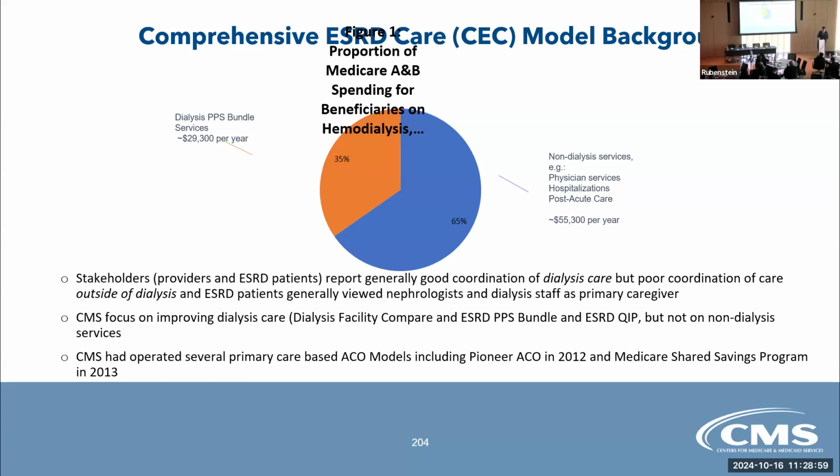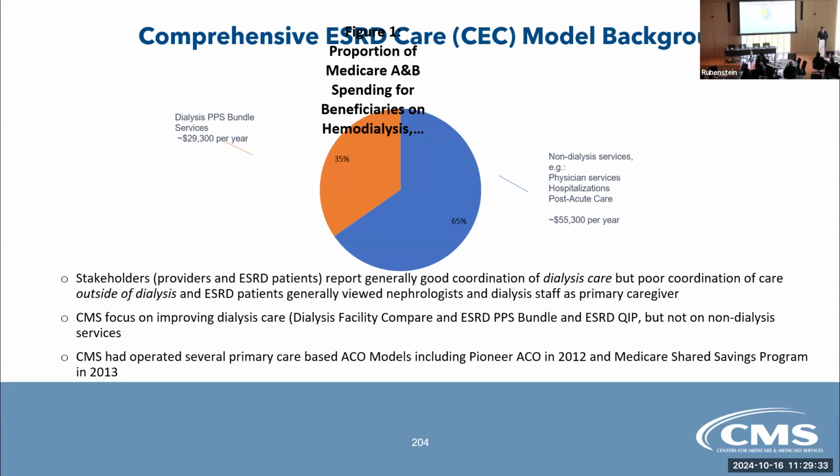However, if you look at this chart, this lovely pie graph, two-thirds of the spending was for care outside of dialysis. And another way to look at it is that yellow portion is mostly fixed spending, given that even if you have the healthiest dialysis patient possible, they're still going to have this level of spending. But the other two-thirds could be affected and potentially reduced through better care, through avoidable hospitalizations, and by ensuring that people get their dialysis.